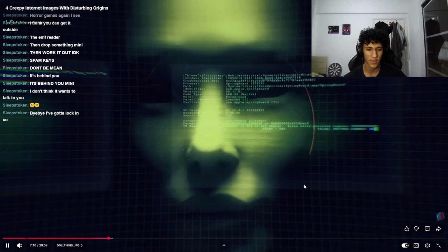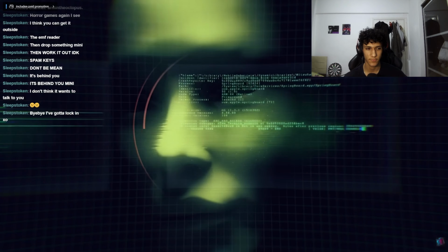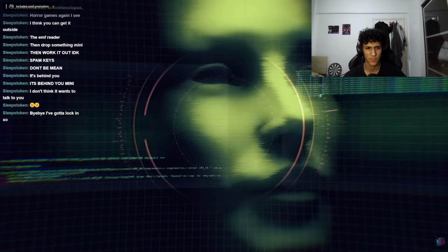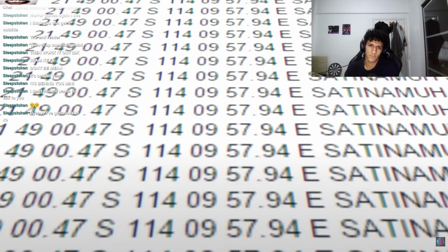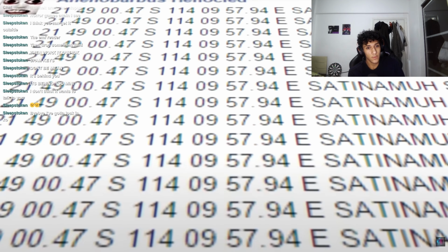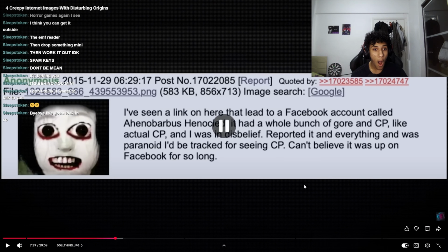The Ahenobarbus Henocide page quickly gained notoriety for sending horrifying images of gore to their youngest followers via private messages, and sharing coordinates directing them to remote locations, like the outskirts of this hexagonal comm station in Western Australia. These coordinates often included cryptic backwards messages, like Finis Humanitas, the end of humanity. Taking things from edgy to criminal, the account would even share real-life CP videos on their timeline, which...